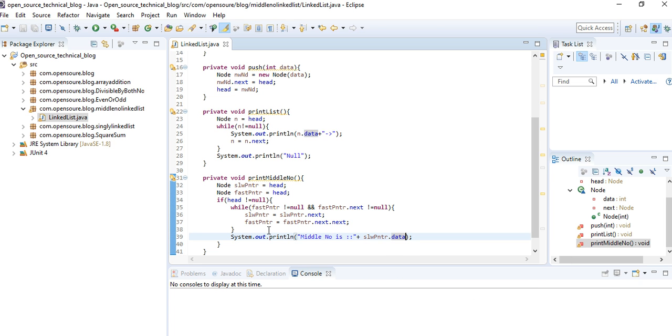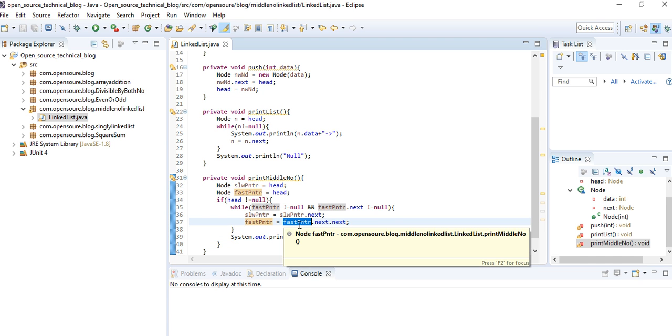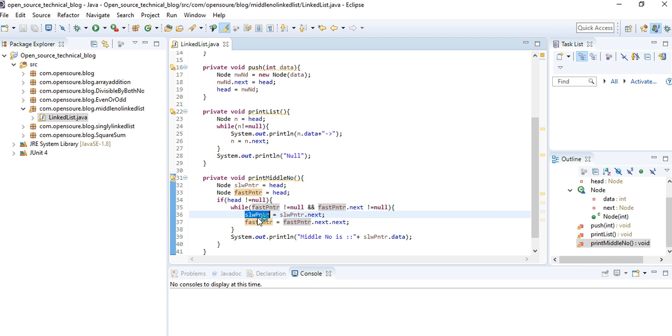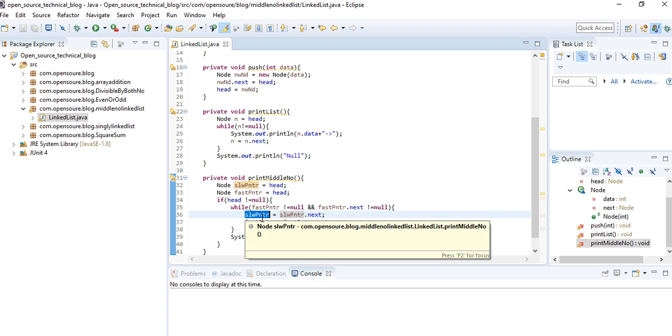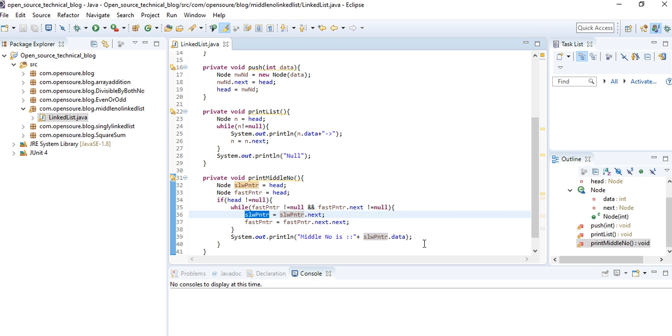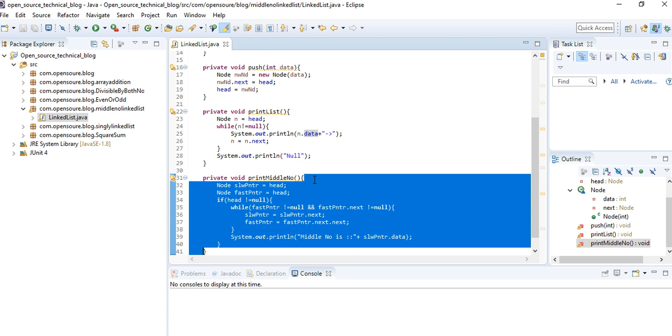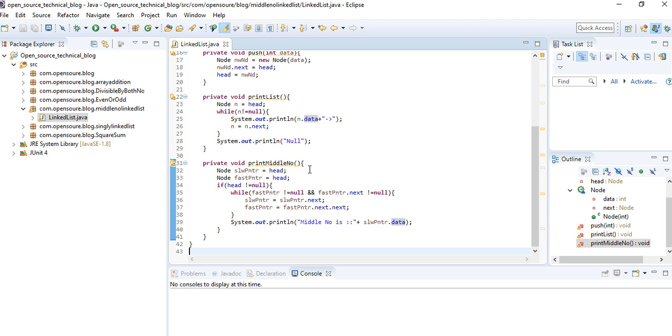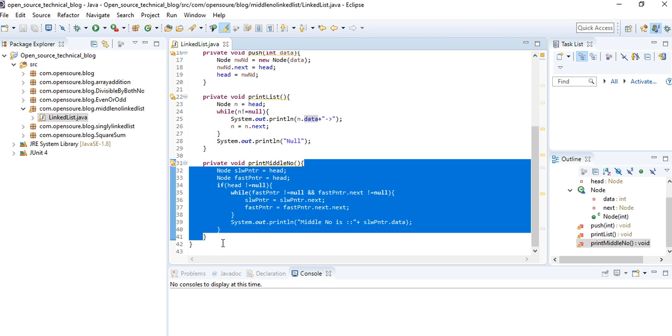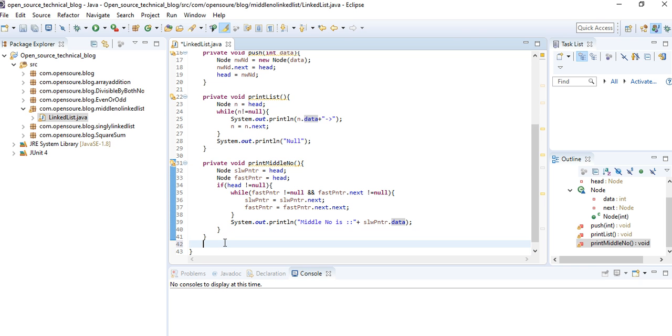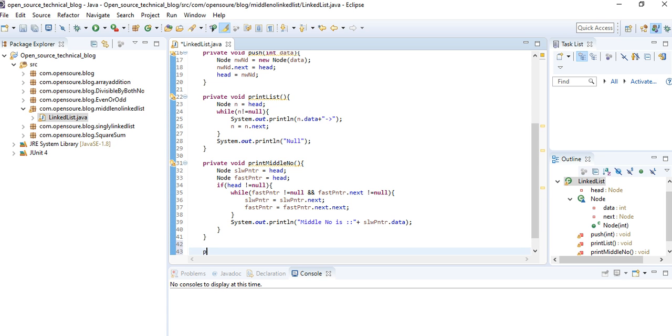So when the fast pointer dot next is pointing to null, at that time slow pointer is pointing to the middle element of the linked list. So at that time we need to get the data of the slow pointer. So this is done. Then we need to create a main method where you can utilize this method to get the middle number.